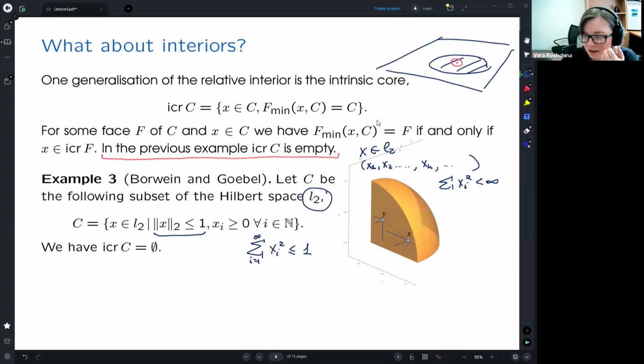First of all, if I take some point in C, and let's say this point only has a finite number of non-zero coordinates,